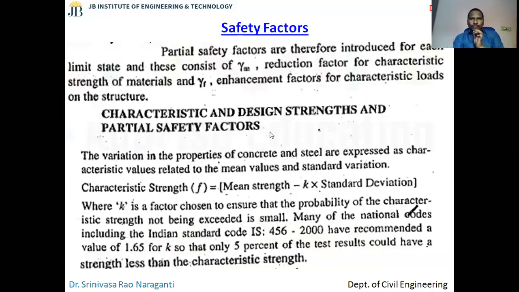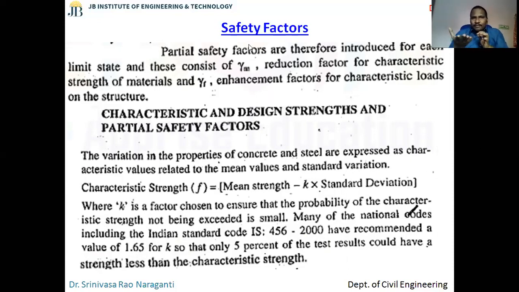Now, as I said, we use what are known as partial safety factors in the design. Why do we use partial safety factors? Because when you manufacture concrete, it includes a lot of work. You bring materials from different sources: cement, coarse aggregate, fine aggregate. Then you need to ensure good quality, proper mixing, proper compaction, proper curing. So though you are using M30 grade concrete, there are situations where the concrete may not give you exactly 30 MPa when you test it. To take care of all those uncertainties, we use what are known as safety factors.